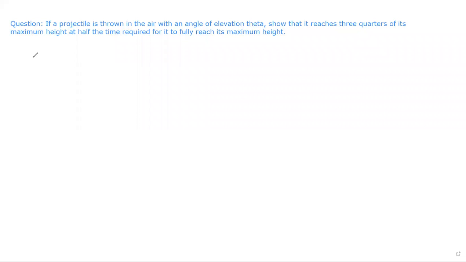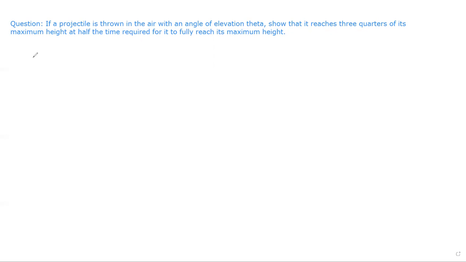Hey guys, so today I have a sort of a calculus 3 type question. It could also be used in physics. It's basically an application of calculus and it's physics. The topic today is projectile motion. The question is, if a projectile is thrown into the air with an original angle of elevation, let's call it theta, show that it reaches 3/4 of its maximum height at half the time required for it to fully reach